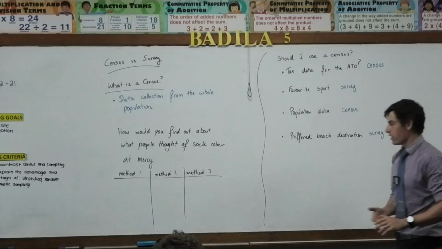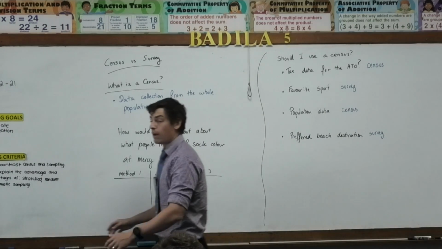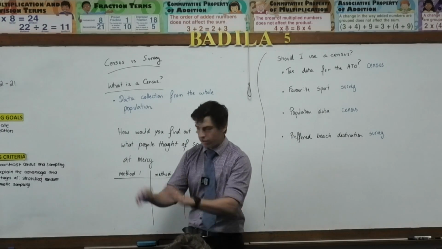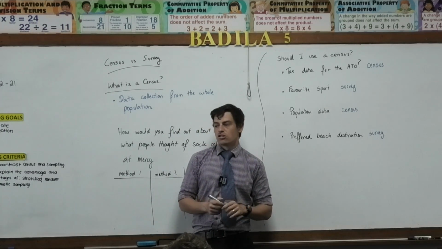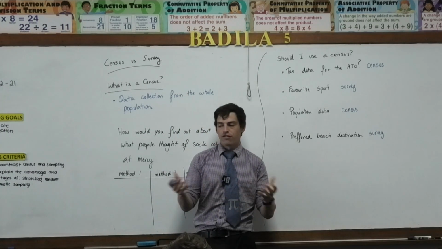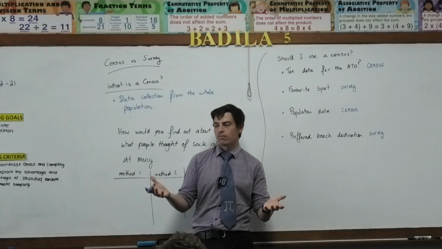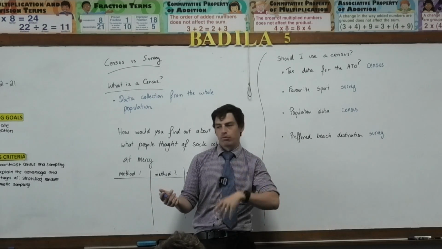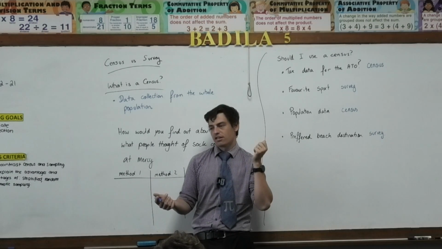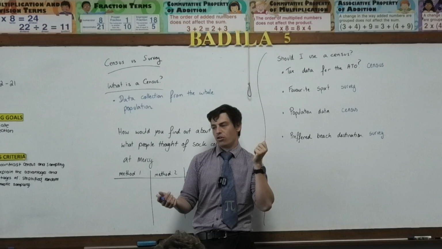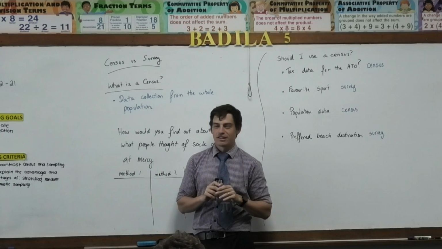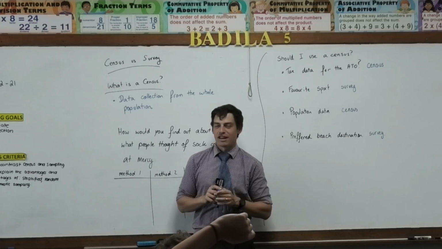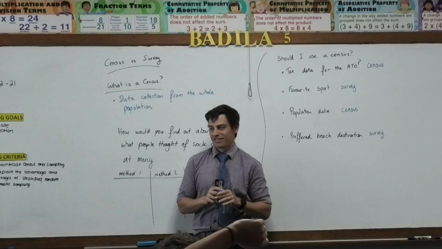Emily, give me your method. I'll call your method method 1. How would you do it? Randomly? How would you do that? Just randomly choose what you think others would think. So you would get every kid in the school, their name, you'd put it into a hat and randomly draw it. Is that what you're saying? Or are you just saying you would make your decision? No, that's not a sampling technique. That's a dictatorship. That's Emily saying, I'm the boss, this is what we're doing.